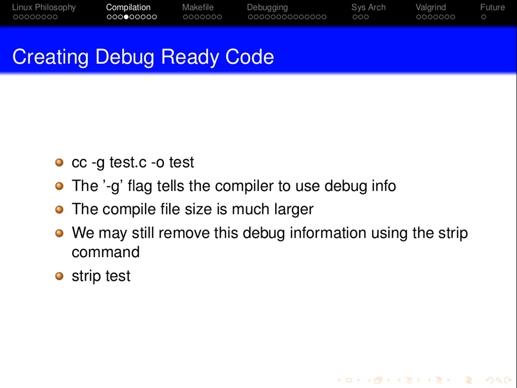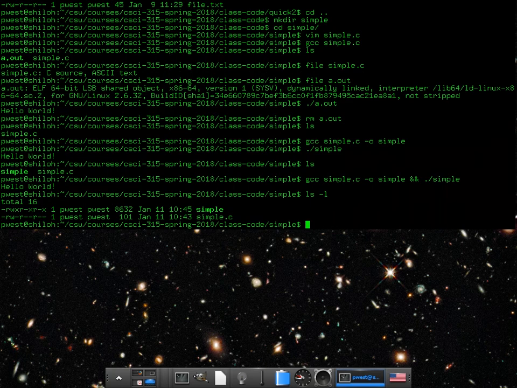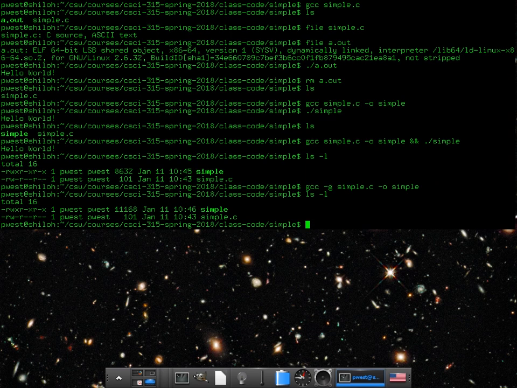Okay. You have many different flags. Here it's called CC, which most of the time maps to GCC. The -g flag will tell the compiler to use debug info. I'm going to showcase that later. The compiled file size is usually much larger. Well, let's take a look at that. So I do an ls -l. Currently it looks like 8.6K roughly. Let's go ahead and add the debug flag, and we'll take off this last thing. Oh, it's now bigger. It's now 11K. That's because it's added debug symbols so that if you have an error and you run it under a program